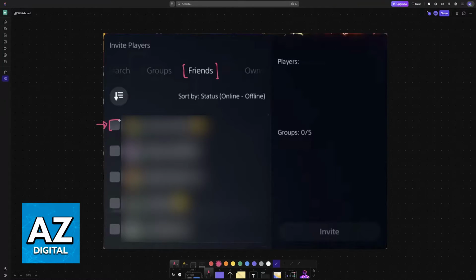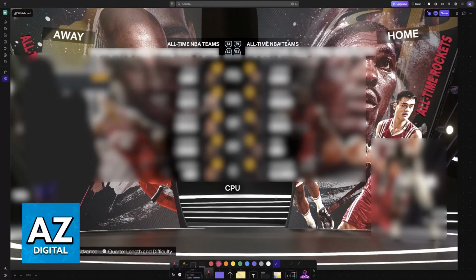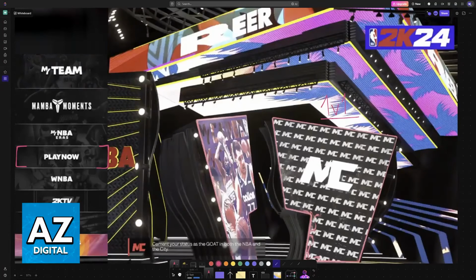So you just take any of the people who you want to send out the invite to, and then once the invite is sent, they will get a notification that they can accept. If they are inside of the game, they will load up immediately here, so you'll see your friend pop up, and they will be able to control the roster and so on. And if they are outside of the game, it should open and automatically set them up to play the match with you. So all that you have to do is use the Play Now mode from the home screen.